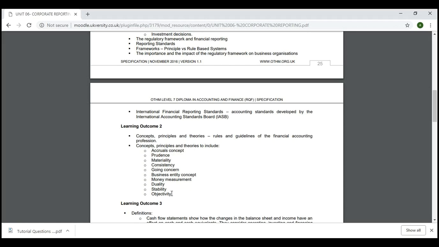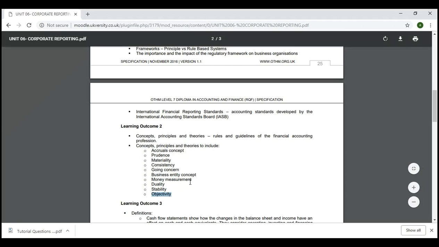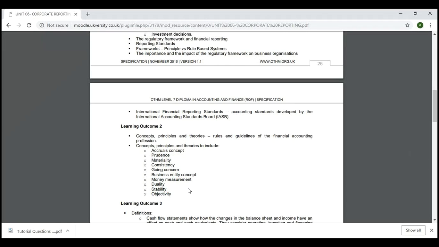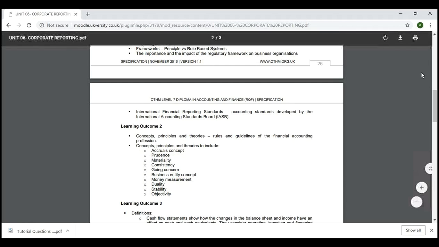We discussed objectivity, which means the end result, what we really want to be, and not compromising your objective. We discussed professional behavior, professional competence and due care, confidentiality, integrity, and objectivity, which are all part of the professional code of ethics.